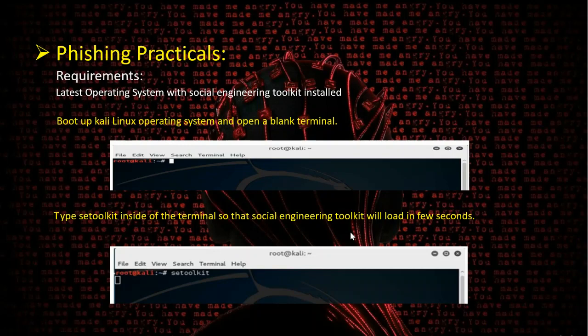As we already said, we need to have the SE Toolkit, which is the Social Engineering Toolkit. That is one of the main requirements for the lab. One must have the latest operating system. If it is Kali Linux, then there is no need to install it freshly. By default, the tool will be available. If it is not a Kali machine, or if it is any other flavor of Linux or Unix, then we need to install SE Toolkit. Once we make sure that SE Toolkit is available, just type setoolkit in the machine,